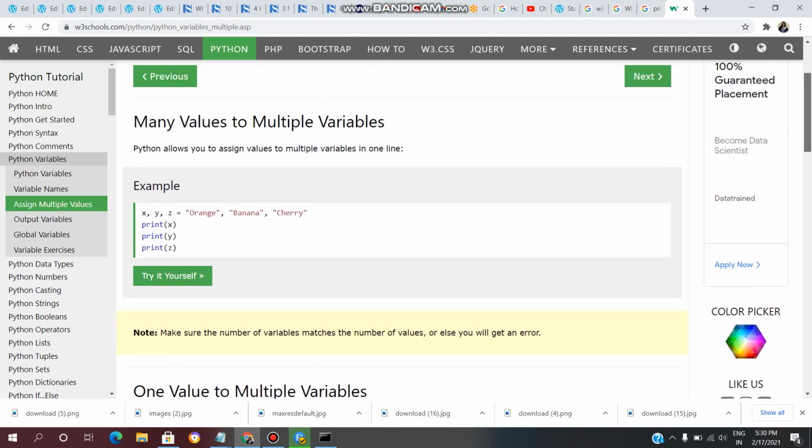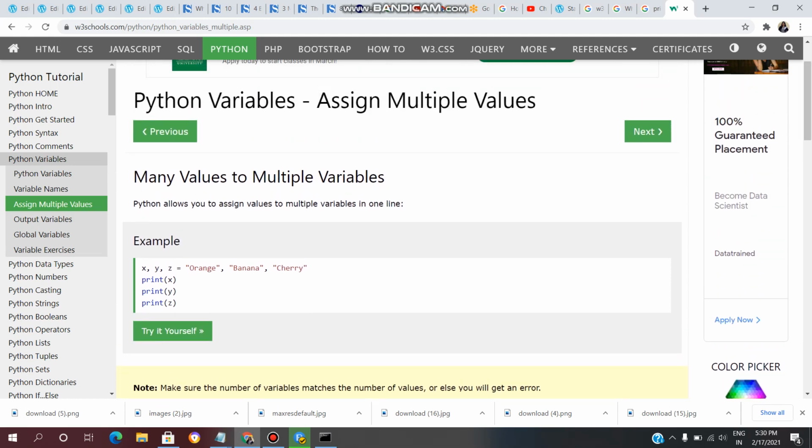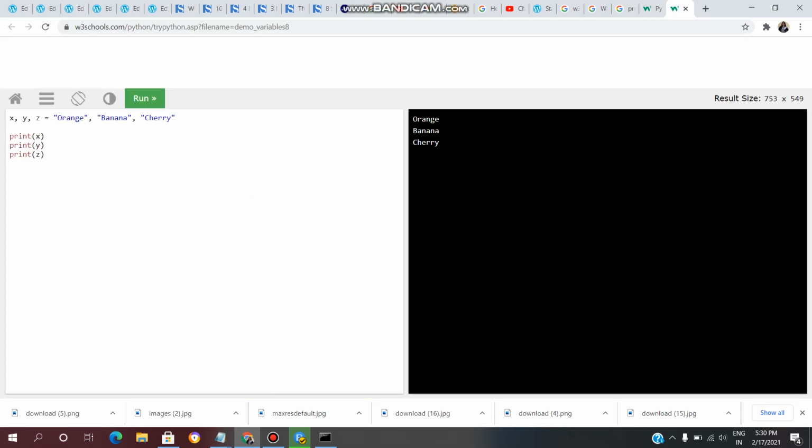Now we will see practically. First we will see assigning many values to multiple variables. We will see this example, so click on try it yourself. Here x, y, z equal to orange, banana, cherry. We are assigning multiple values to multiple variables in one line.